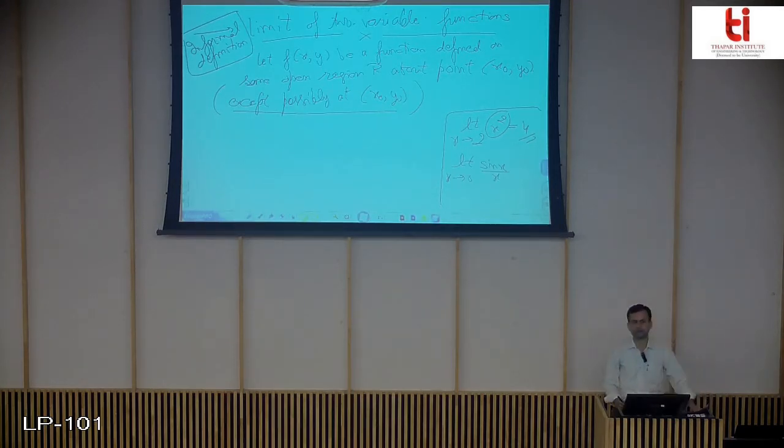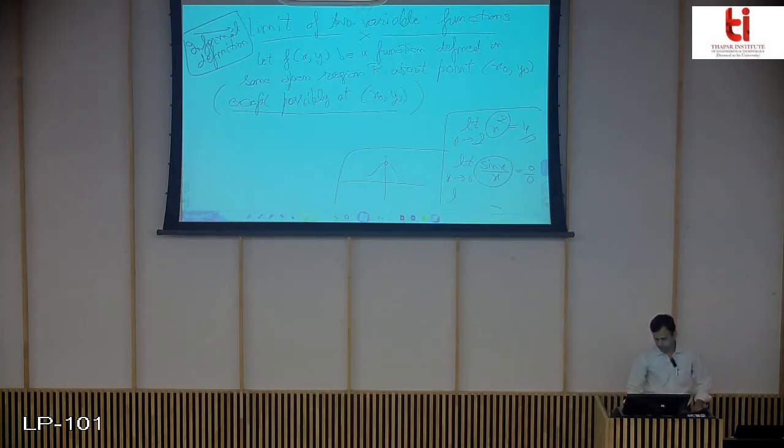You know this thing, that sin x upon x as x tends to 0, it is of the form 0 by 0. So if I substitute the value here directly, I will get 0 by 0, and that is not going to give me any value. And in the graph also, you know very well that you have a hole here and it goes like this. This hole simply means that at x equals 0 this function is not defined. You can't find the value at x equals 0.